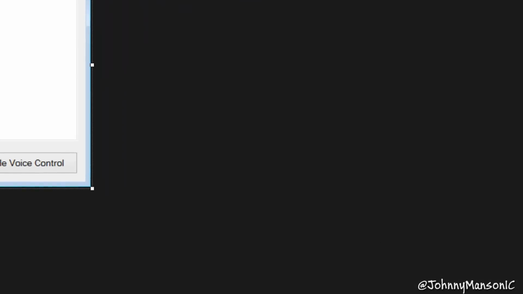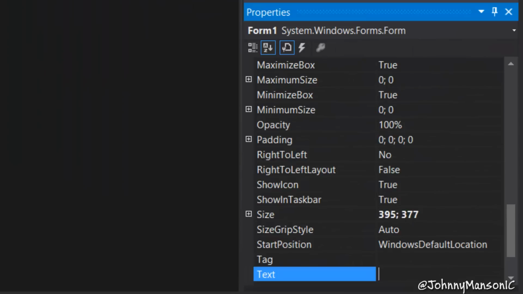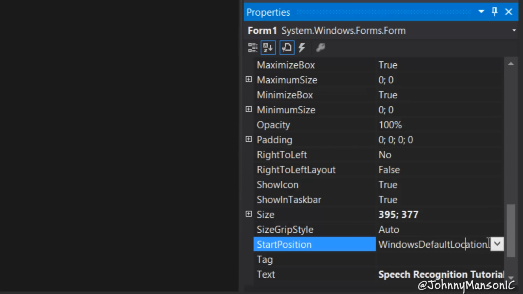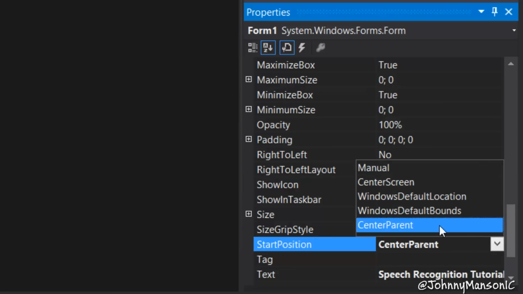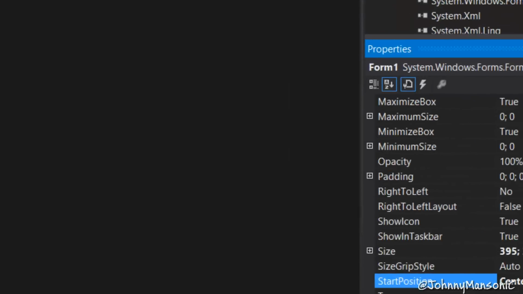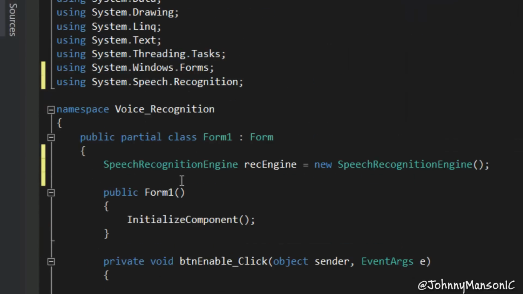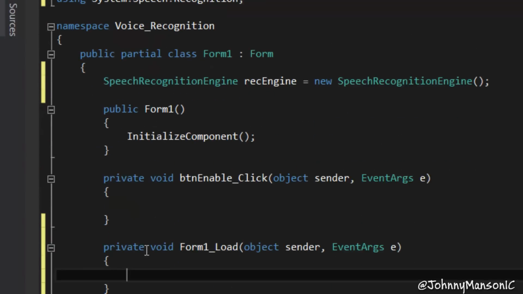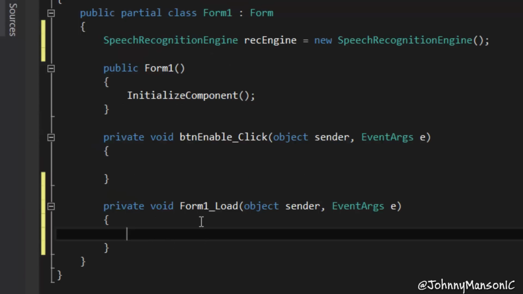Wait, let me quickly change the title right here. It's just going to be speech recognition tutorial. Alright, and we're going to set the start position to the center of the screen, not the parent, I'm sorry, center screen. Alright, so now we're actually going to create our commands within this load